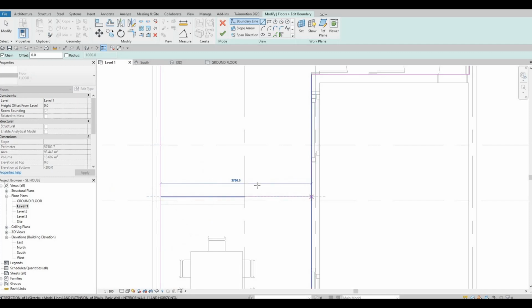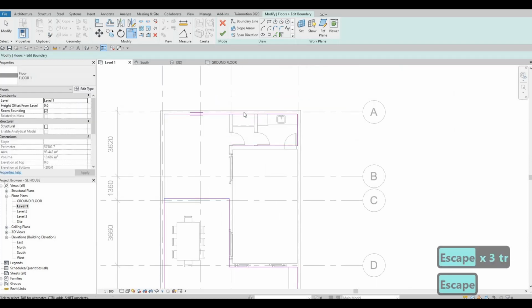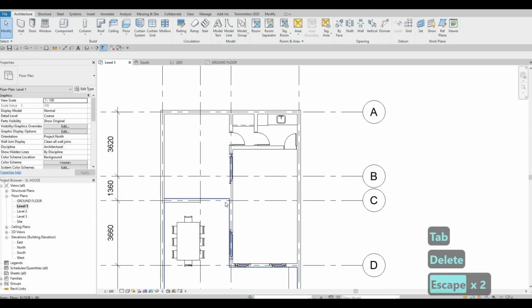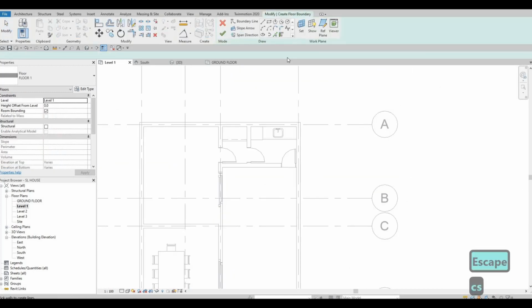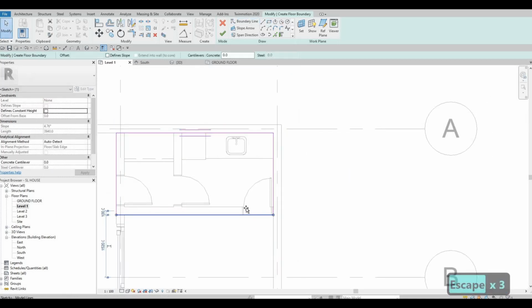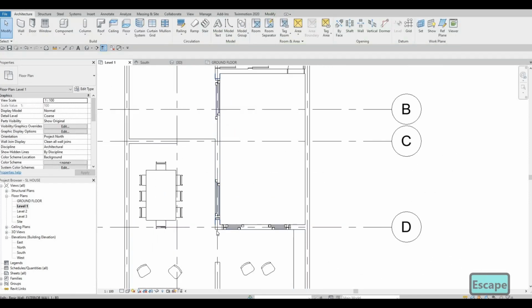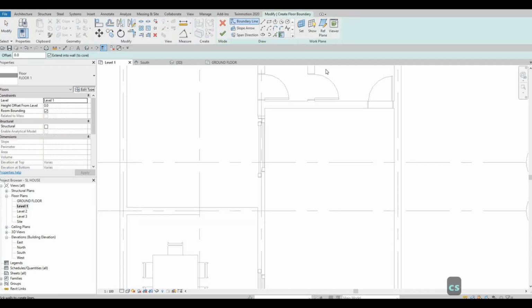That's because we will add a different floor for our kitchen right here, and then here we could just delete this one. And then remember, this is level or floor number 1. What we could do is we could just CS that and then just add it right here. So once it's added, we could just add it from the inside of the wall and going like that. This one we might need to extend this one right here, and then now we can just CS this, edit,